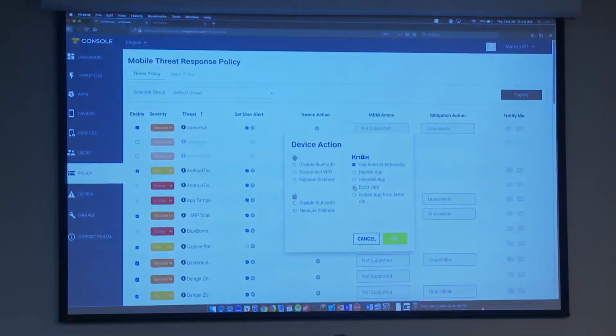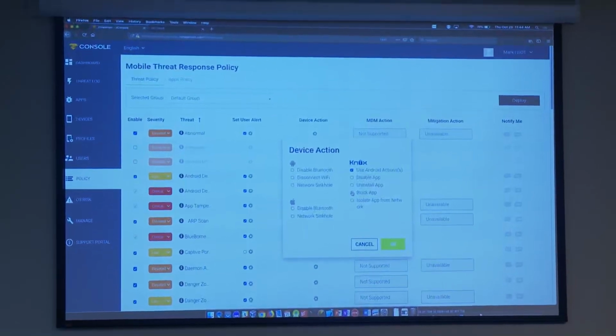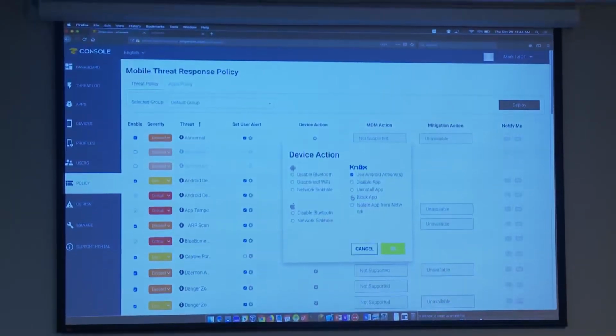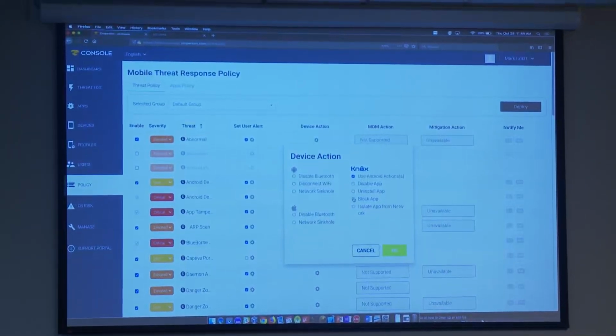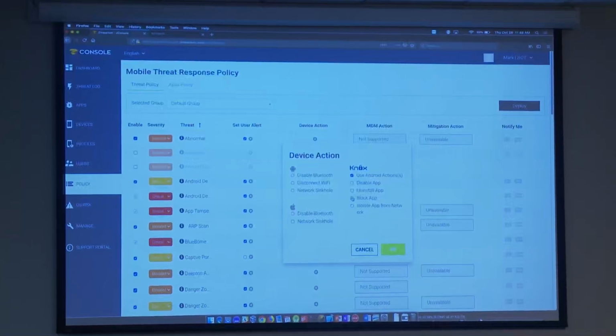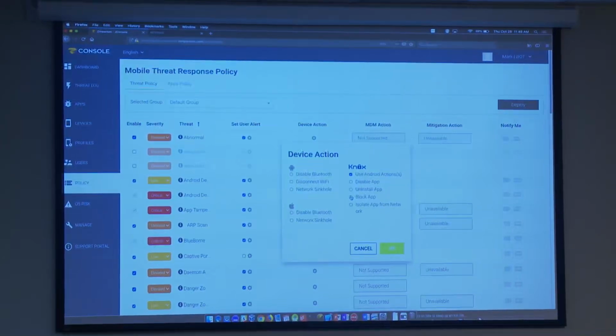And then on the MDM side, when a threat is detected, put the quarantine label on immediately. That means removing all network access and apps. And when the threat goes away, remove the label and take the device automatically out of quarantine. So this workflow is automatic, very low touch. That's how we do it in the enterprise today.